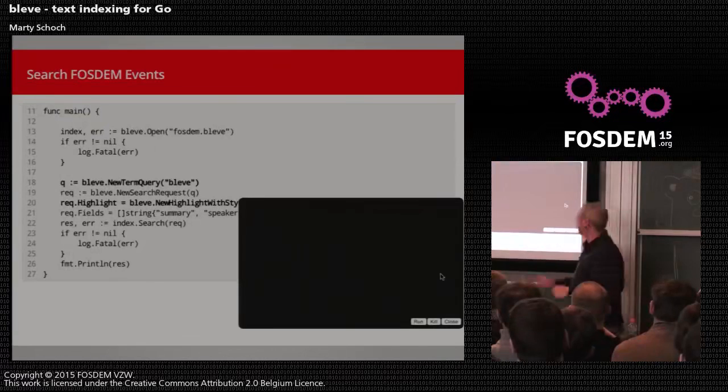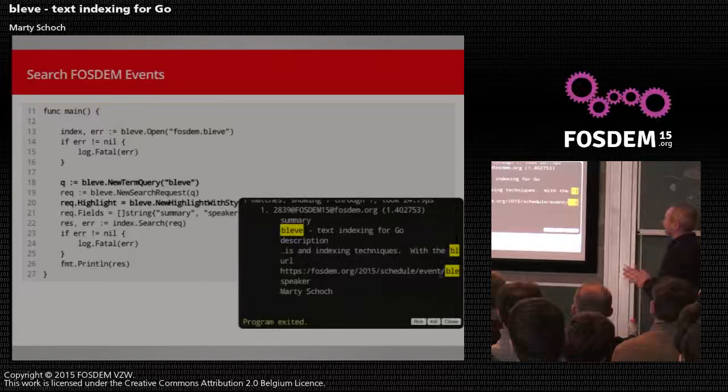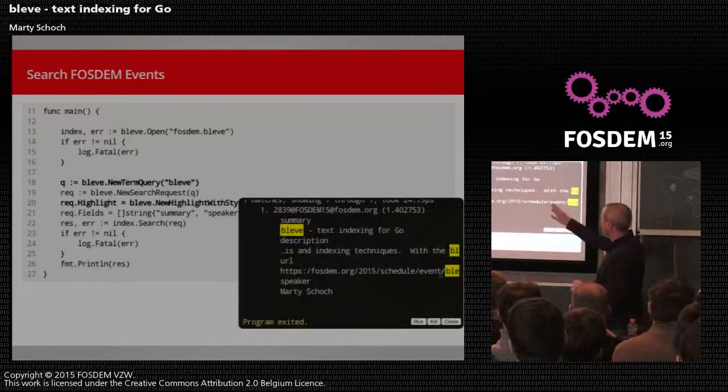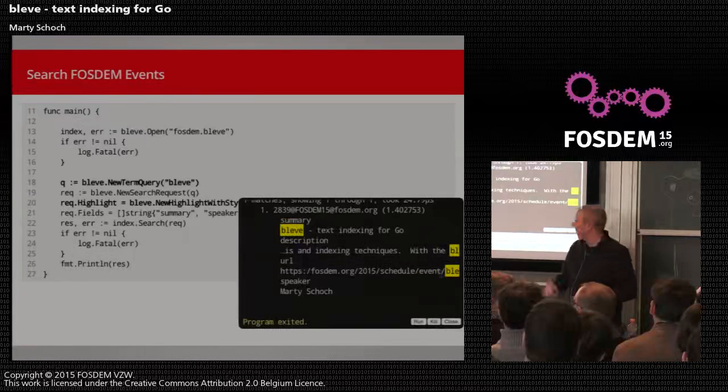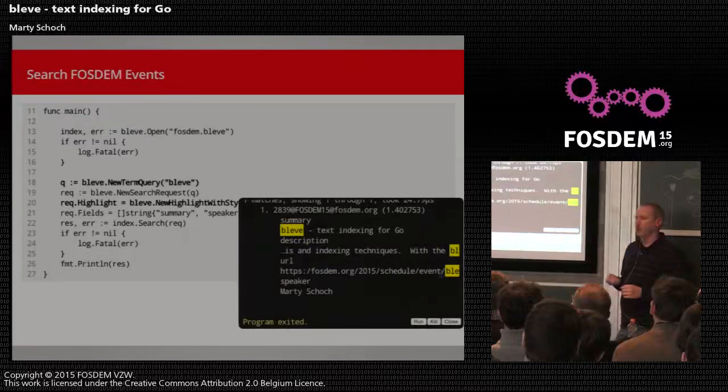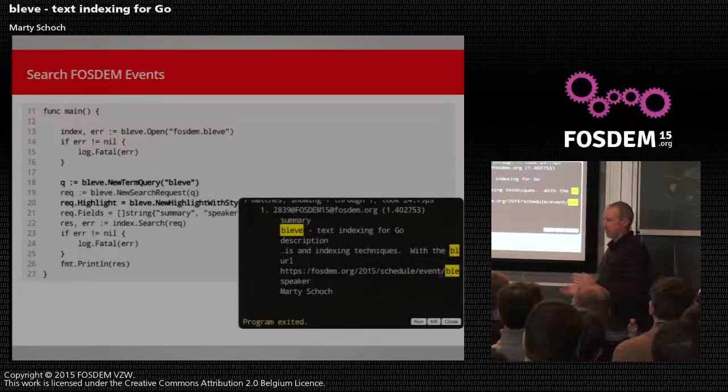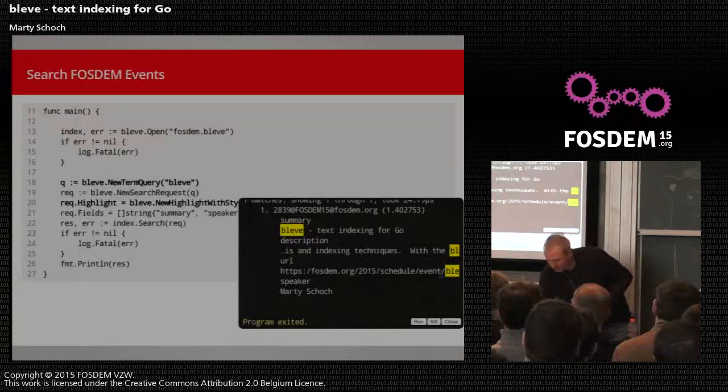It's probably easier to show it than it is to explain it. So here you notice I've got it highlighting in sort of a yellow highlighter color all the matches for that term Bleve. And of course, it did match this particular talk that we're in right now. So that's a really cool feature. Again, we have two different ones. One is like an ANSI formatting for terminals, and we also have the HTML one that you see here. But it's designed to be pluggable, so you could map that to other things.